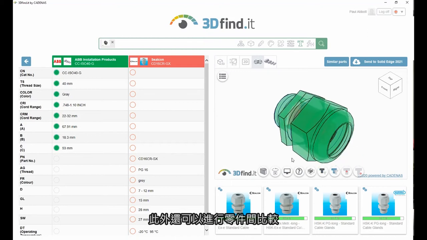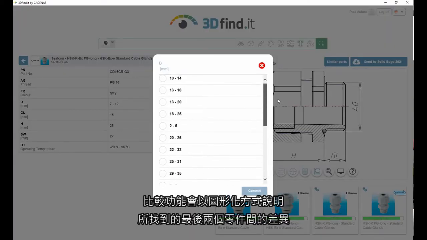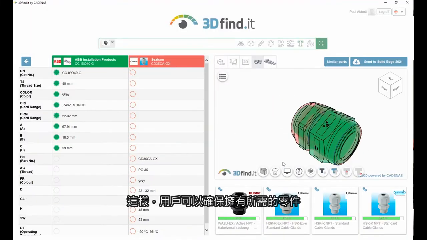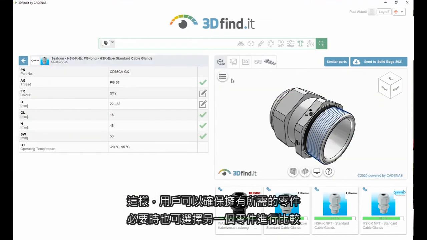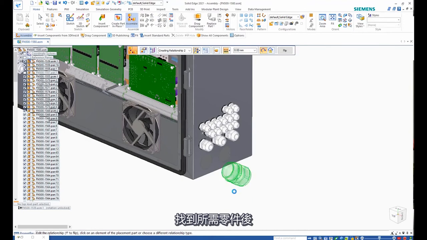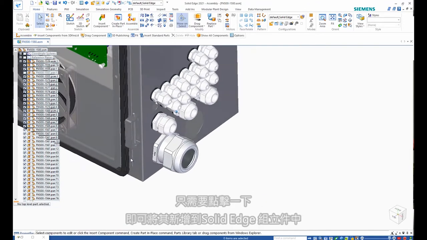Parts may also be compared. A compare function graphically illustrates the difference between the last two parts found. This allows users to ensure they have exactly the part they need or to choose another part to compare if necessary. Once the desired part is located, a single click adds it to a Solid Edge assembly, allowing us to